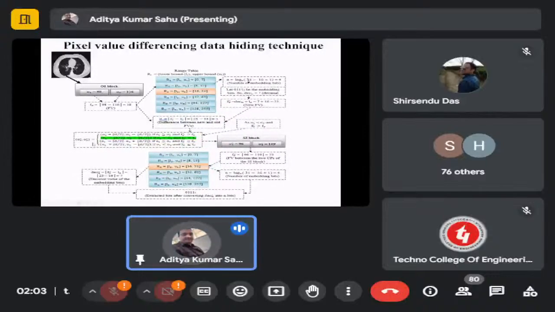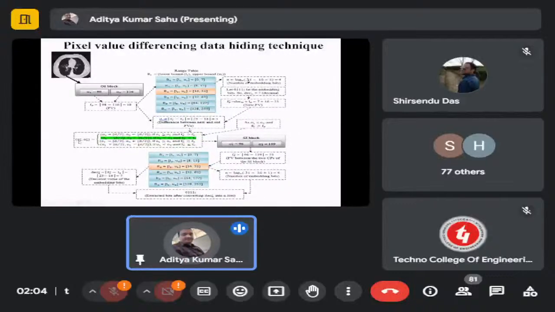Now, the given equation for finding the stego pixels from the original pixels and the difference value D is given here. O1 star, O2 star would be O1 plus floor of D by 2, provided O1 is greater than O2 and FB prime is greater than FB. One of these 4 conditions will hold. In this case, the second case is holding, marked in green, since O1 is less than O2 and FB prime, 23, is greater than FB, 18.